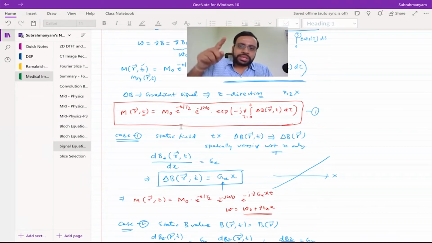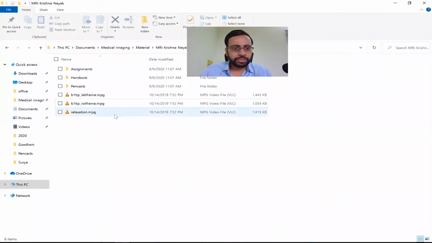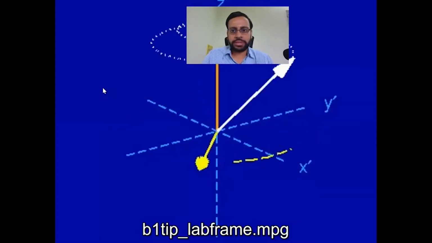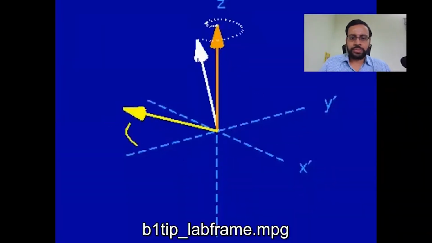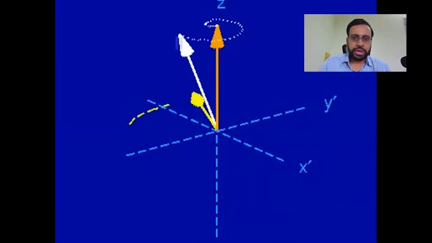What they would do is, instead of rotating the magnetic field, so you need to show it. So I will show you this display of how it would look. Let me open something and then let's see what it is giving us. You look at this. So this, I'm playing again, this is at a very fast pace. So see, you look at, this is B1 tip lab frame. Okay, and this is your applied, so look at how,